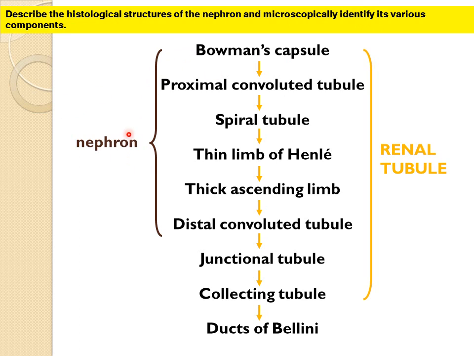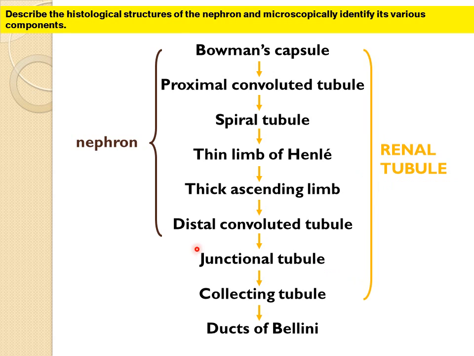You'll see 2 terms over here. Here you see a nephron, and there you see a renal tubule. So it's important for you to know what is found in a nephron and what is found in a renal tubule. Those are 2 different structures because everything in the nephron has a different embryological origin to everything which is